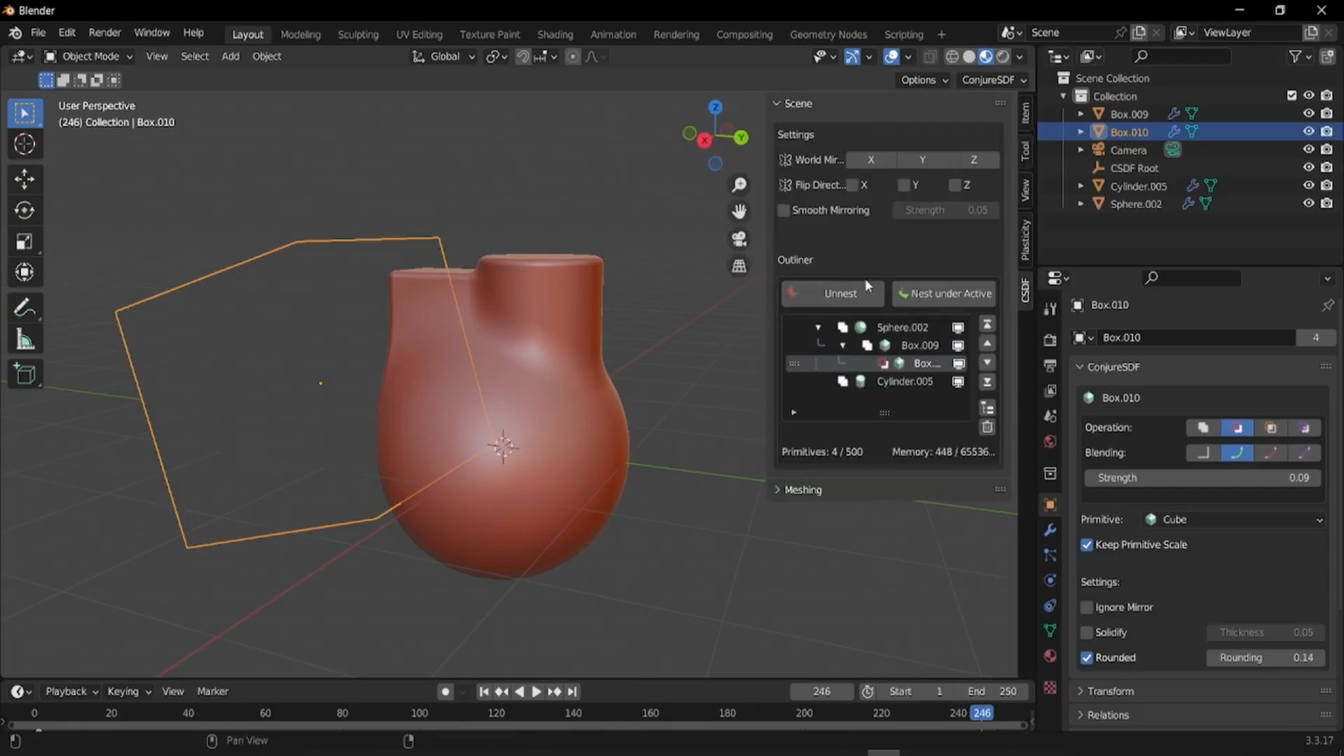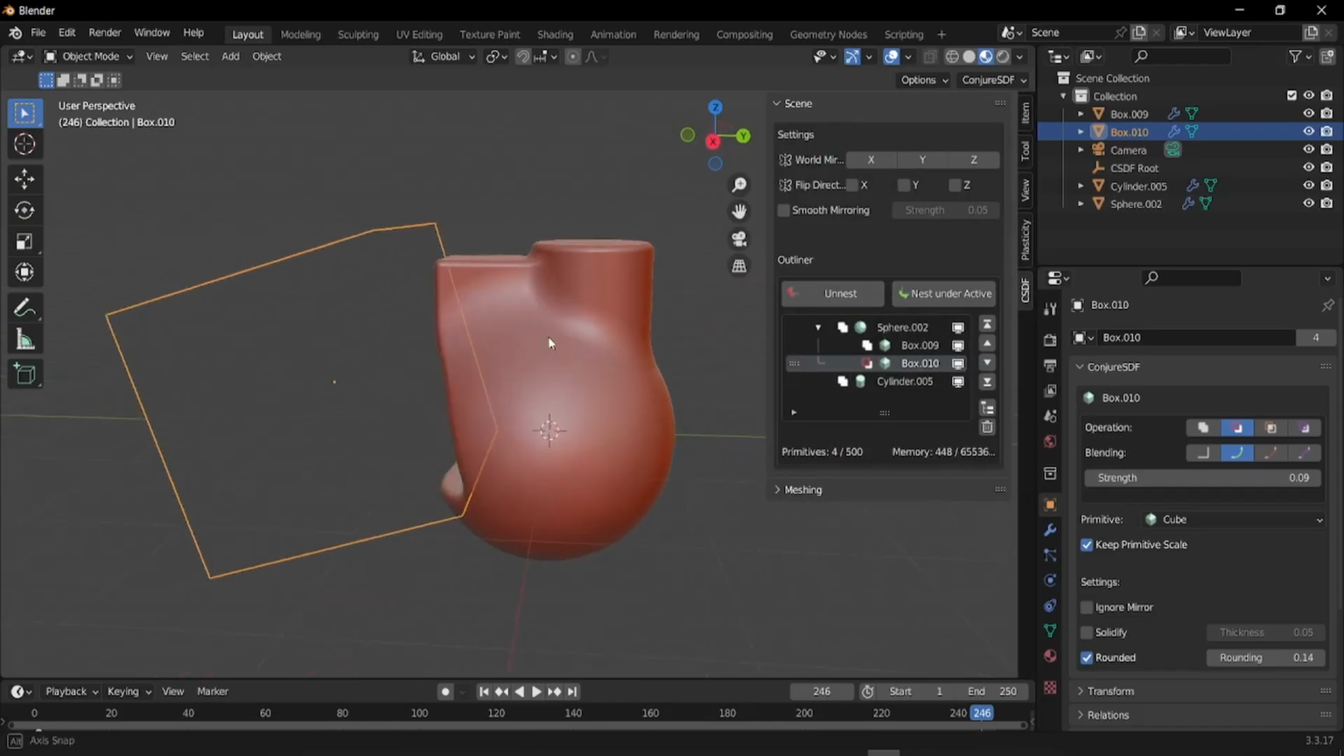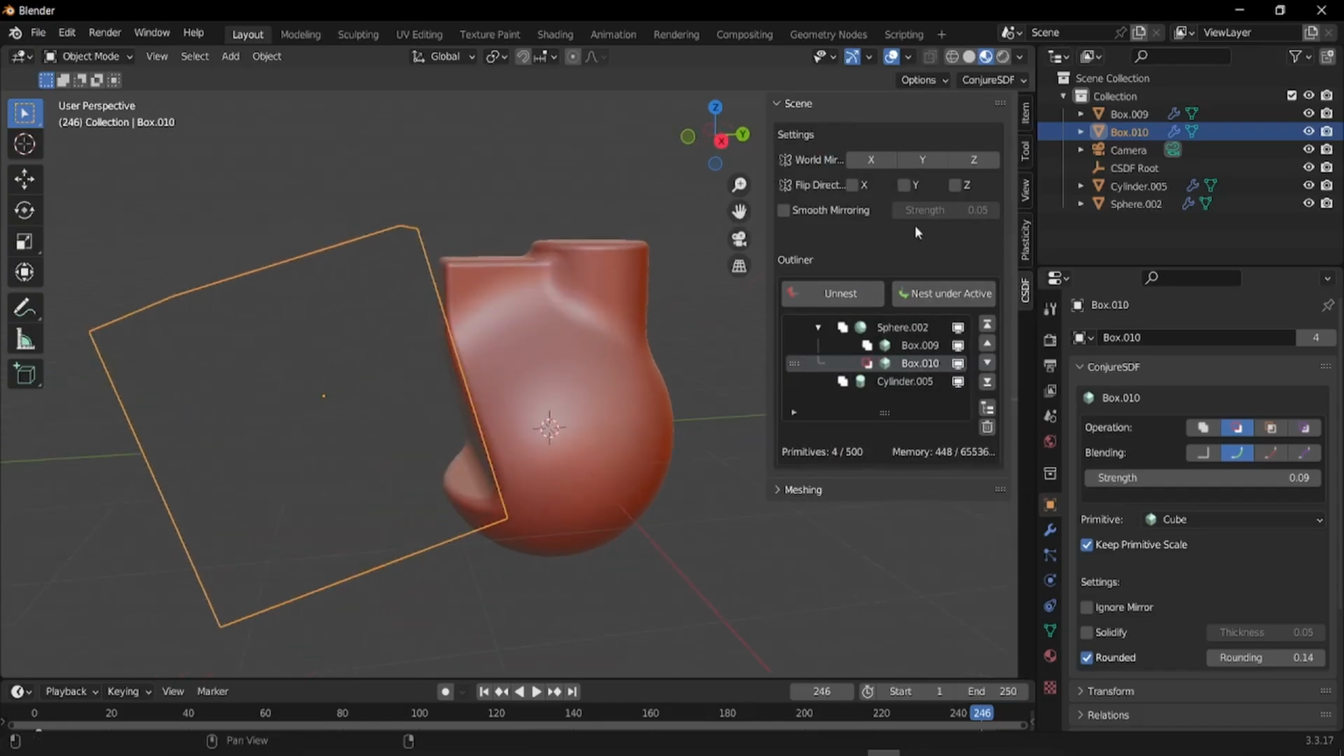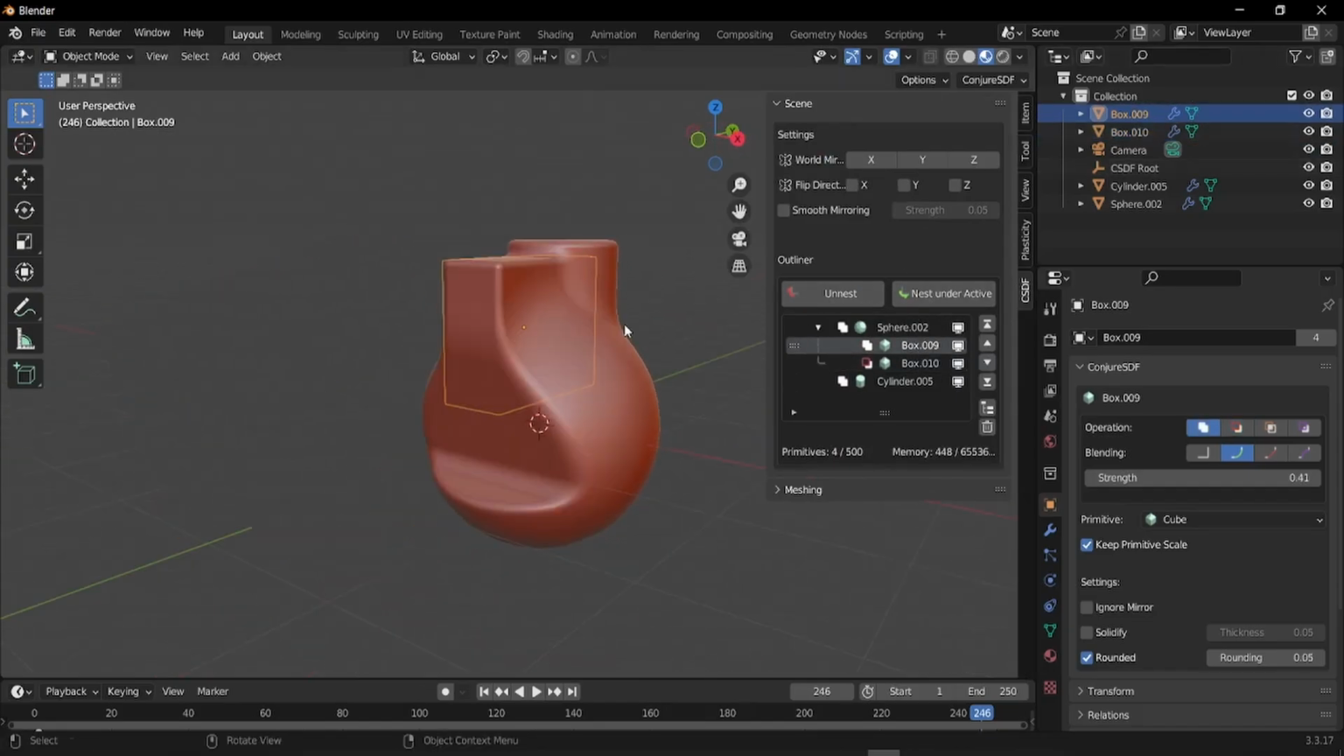How to do that is we pick the object that we want to be on top, and then we pick the object that we want to nest it under. Okay. And with mirroring, it's extremely easy. We can just pick the axis. If you are not sure